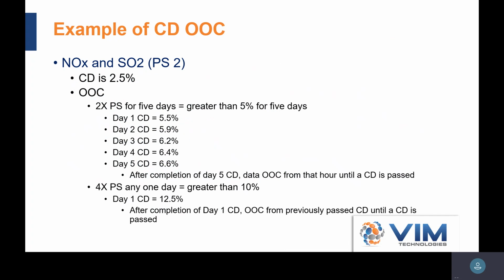So here's an example of a calibration drift out of control. So you can see it's 5 days in a row, over 6%, but less than 10%. So after day 5, it's out of control until the next calibration drift is passed. But then for the 4x, day 1's 12.5% off. As soon as that calibration drift check's over, it's out of control. Then it goes back to the previous day's calibration drift check until,